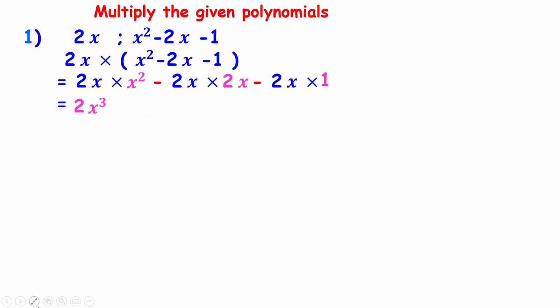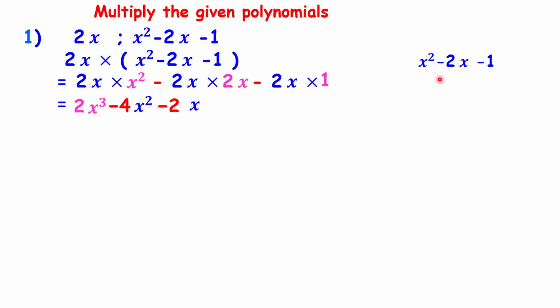Now to take the multiplication of these two terms, first we take the multiplication of their coefficients. The coefficient of the first term is 2 and that of the second term is also 2. 2 twos are 4. Therefore negative 4. The multiplication of x is 2 times. Therefore, we write here x square. Now to take the multiplication of the last two terms, first we take the multiplication of their coefficients. 2 ones are 2 and x as it is. This is the answer.